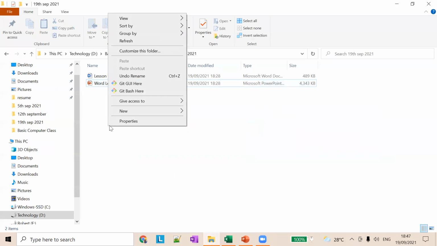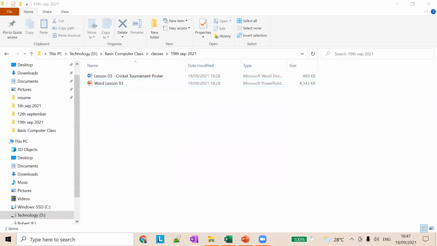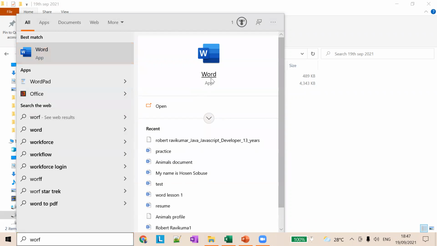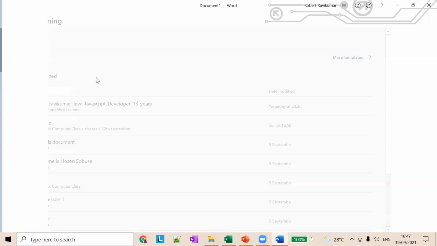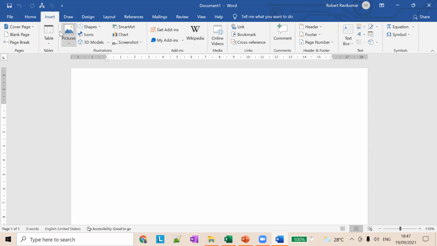I'll create a new document. Okay, I've opened a document, and we'll see how to insert pictures first. Go to the insert tab, and you can see the picture icon here. I'm using the latest Word version, so yours might be a little different, but it should be under the insert section. Under the insert section, there are two options here.